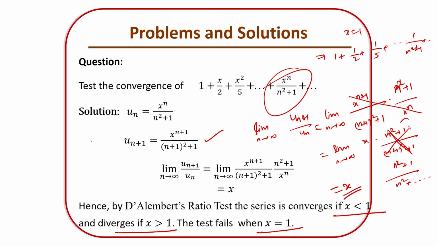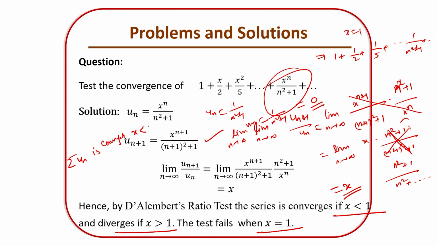So what is the u_n? u_n now becomes 1 by n^2 + 1. So taking the limit of u_n, that is equal to 1 divided by n^2 + 1. So what is the value of 1 divided by n^2 + 1 as n tends to infinity? Obviously it's going to be 0. So that means the series is converging at x equal to 1. So henceforth I can write this one, the series u_n is convergent